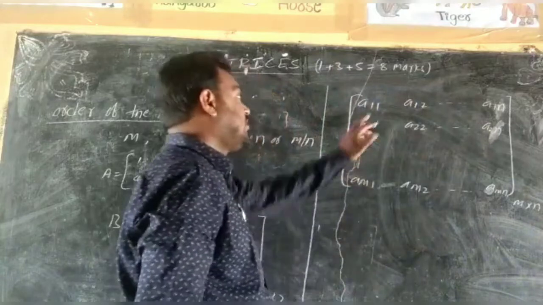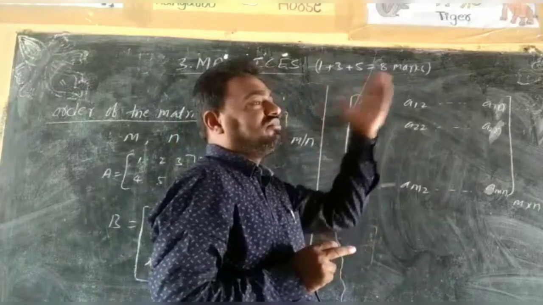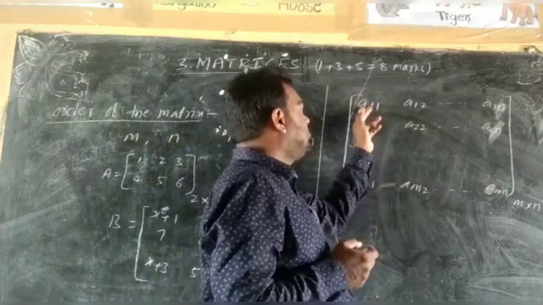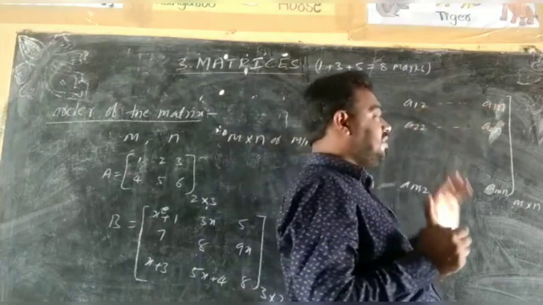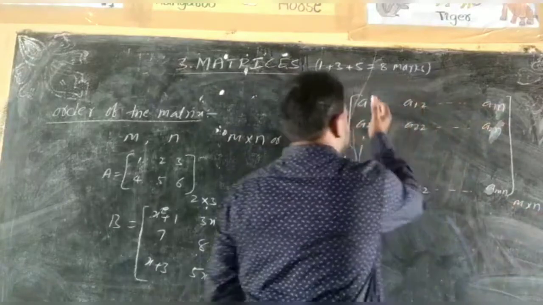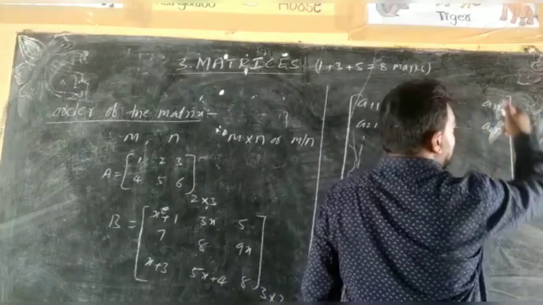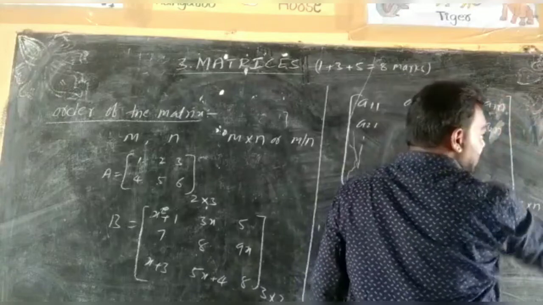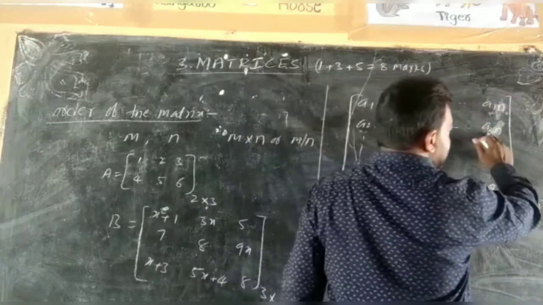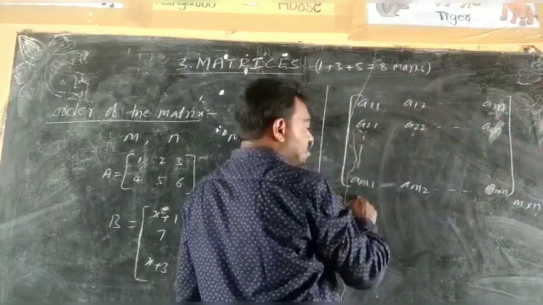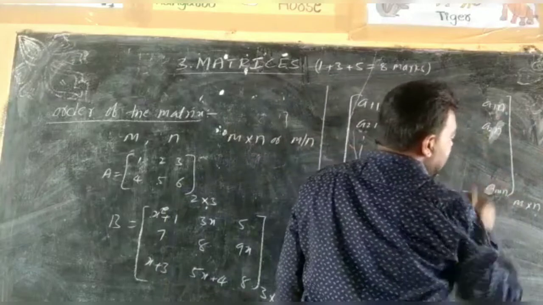You see now what I am writing. This is the element position I am writing. The suffixes denote the position of the element, right? So this element is present in the first row, first column. This one is present in the first row, second column. Dash dash. I am taking m rows, n columns. This is the first column, the second column, dash dash, up to how many columns? n columns. So 1n, first row, nth column. Next 21, second row, first column. 22, second row, second column. Next dash dash, 2n, second row, nth column. Dash dash. How many rows have we taken? m rows. So Am1, Am2, dash dash, Amn.